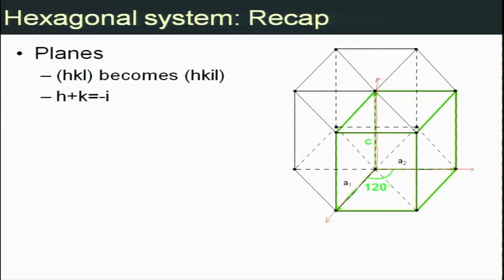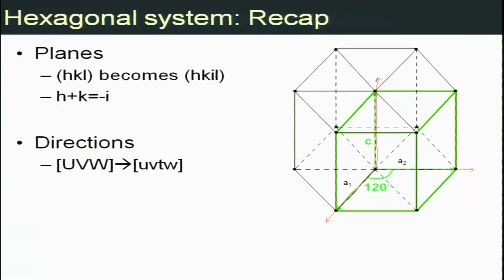So, a 3 axis system is fine for a smaller unit cell, but when it comes to the hexagonal representation, the problem arises because similar planes are depicted in a different manner if you continue with the 3 axis system. Before I go into that, let me tell you that HKL becomes HKIL with the condition H plus K is equal to minus I, and the direction capital U, capital V, capital W in the 3 axis system becomes